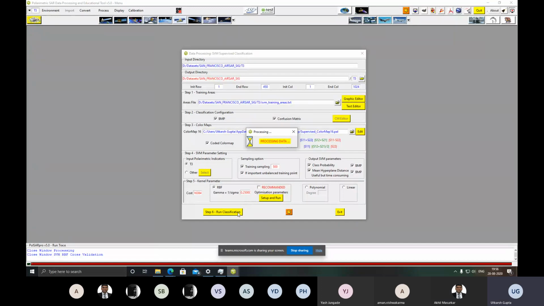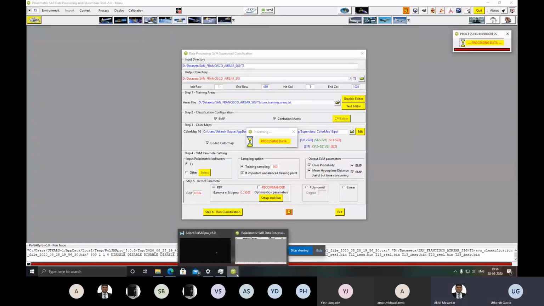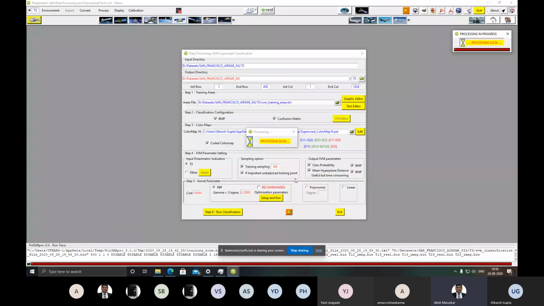Yes. So see, there's no CMD opening. Okay. But it is saying processing, no? Yes, sir. Can you minimize this Pulsar Pro? Can you minimize Pulsar Pro?